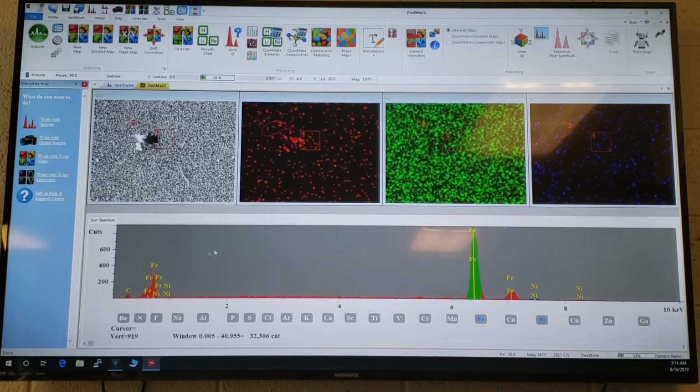Now, can you, like say when you had the carbon map superimposed over the image,